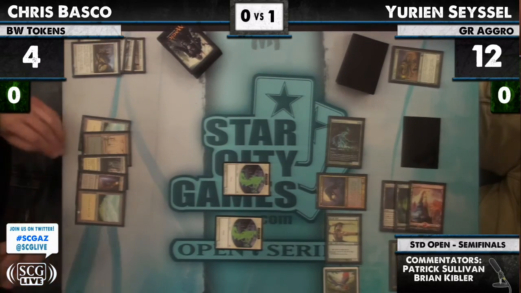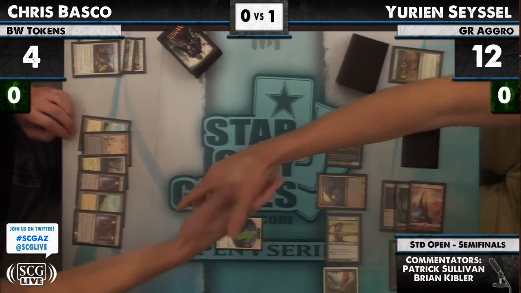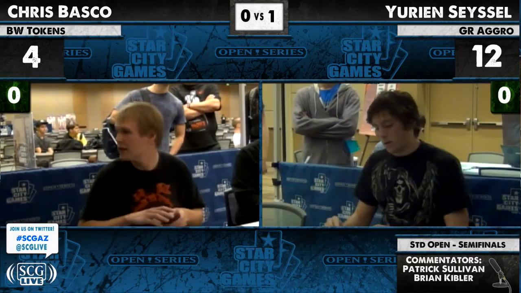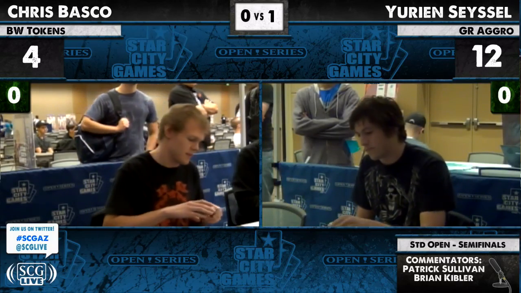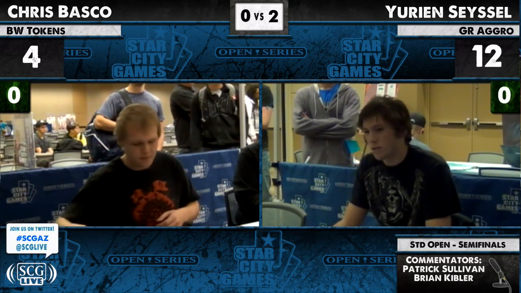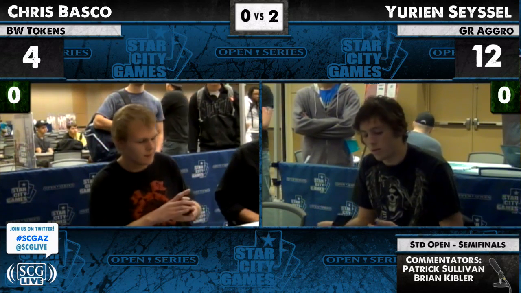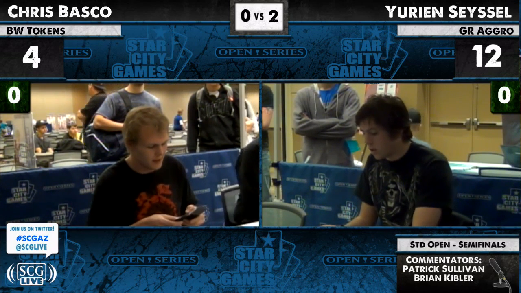Howls of the Moon, Basco, a second Vault. Pretty not sweet. Not a particularly effective card, and Basco extends the hand. So Yurien Seyssel wins 2-0. Two pretty lopsided games. Yeah, I mean, Basco did mulligan a couple times. Yeah. Yurien mulliganed as well in the first game. Basco twice in the second. But yeah, I mean, Yurien